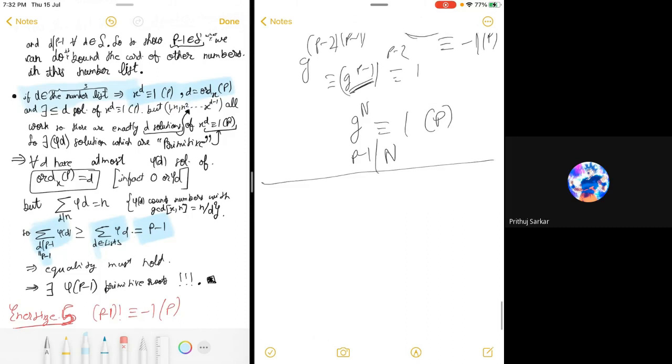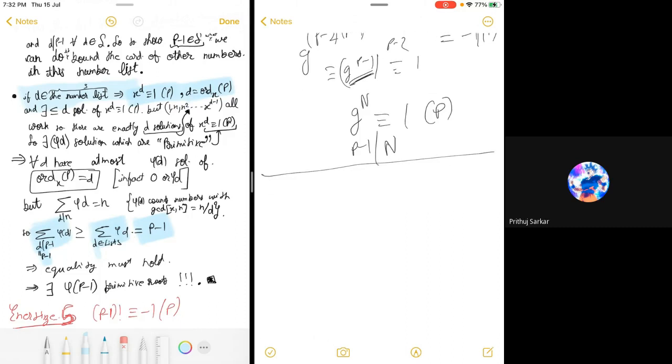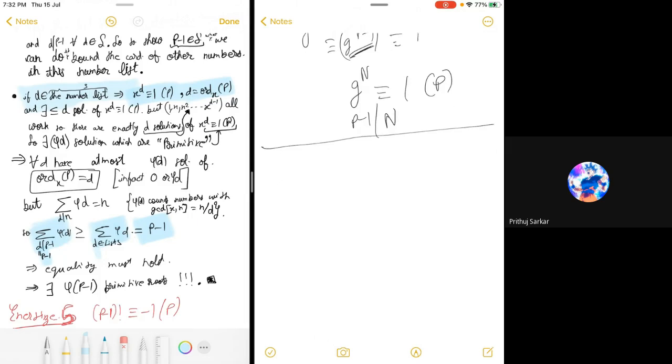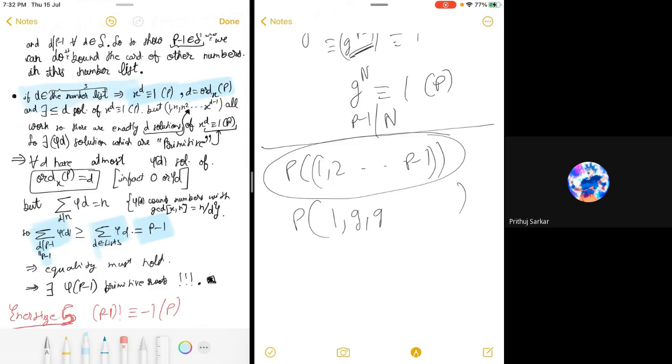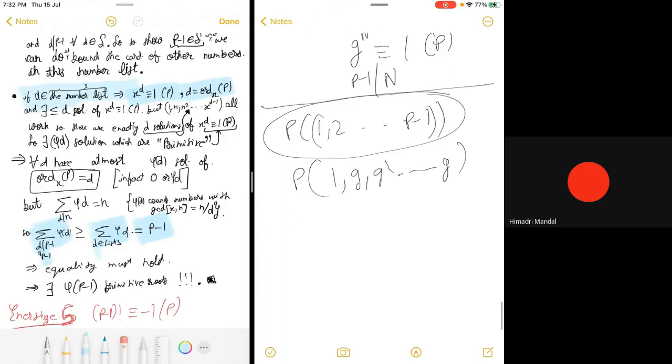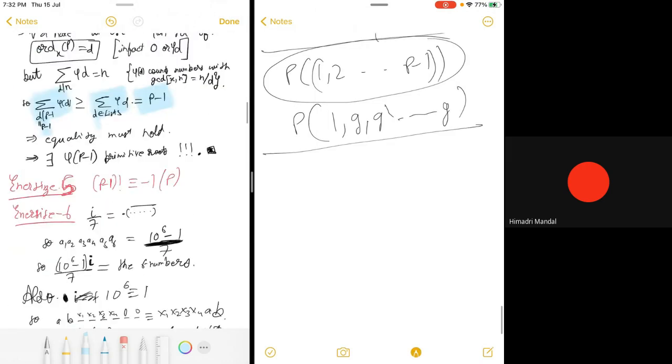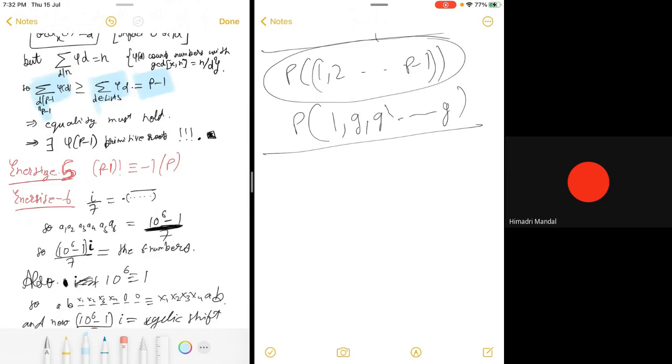Yes. Okay. So similar to this, we can basically compute any symmetric polynomial in 1, 2, 3, up to p minus 1. Symmetric polynomial means that it does not depend on the order of the elements. It only depends on this set. So we can compute this because if the polynomial is symmetric, then it is exactly equal to a polynomial in 1, g, g squared, and this will end up becoming some expression in terms of g, right? So now we will prove that.